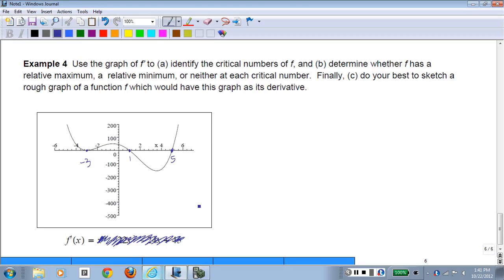Could you say that if y is going down as it crosses the x, then it would be a relative maximum, and then if it's going up as it crosses the point, it would be a relative minimum? I think we can say that. Let's see why. If the graph, well, hang on. Wait. If it's